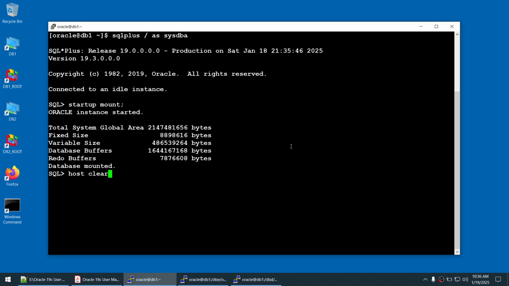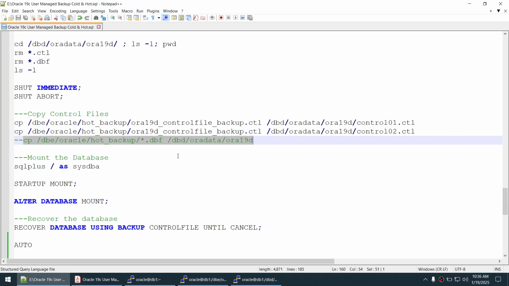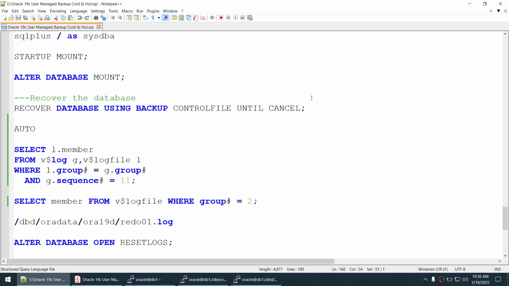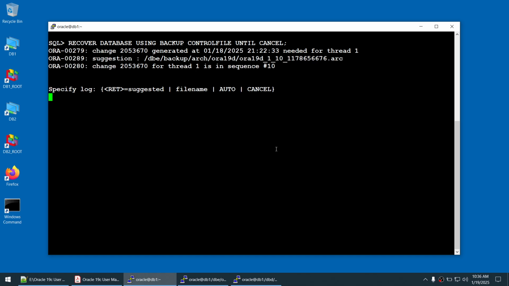So let's clear this. The first thing that we will do, we will say recover database using backup control file until cancel. So let's run this. It's looking for this sequence 10. Let's see if this particular sequence is in the archive log. So let's say auto,